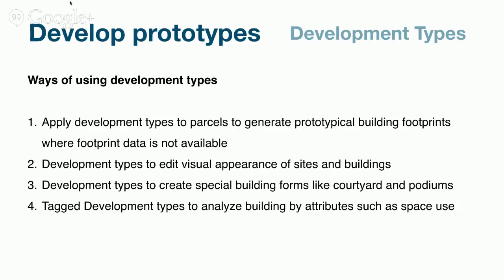The development type change is a way to affect the visual appearance. We can get more detailed and create special building forms. The setbacks don't just apply to the ground level. You can also use the same operation to generate podium buildings or courtyard buildings to say,